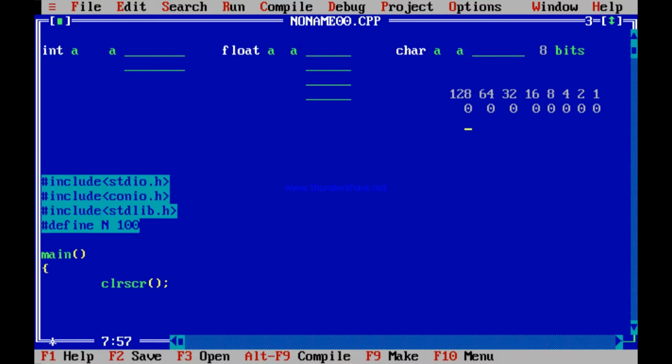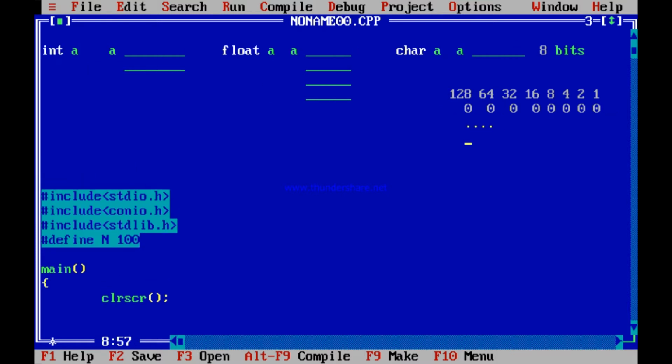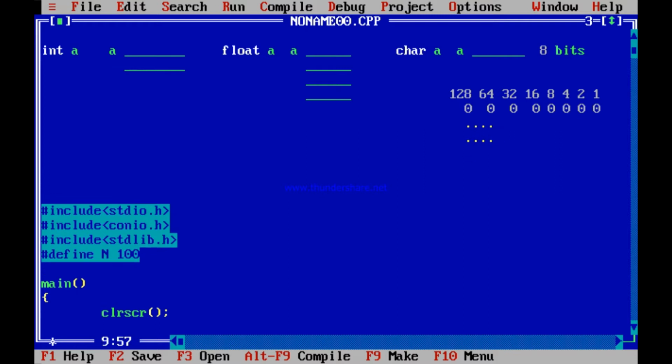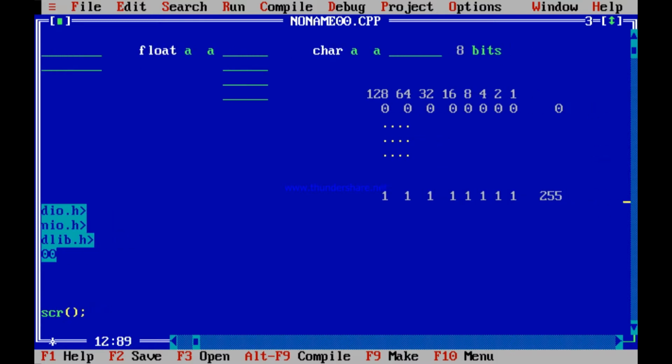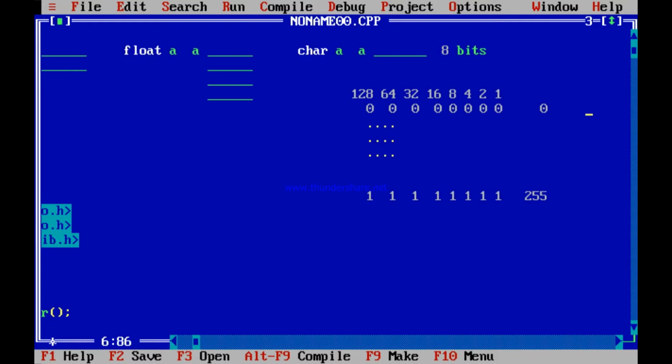Similarly, it continues. Next number is all zeros, last bit 1. Next number is all zeros, last 2 bits 1, 0. In this way, what is the highest representation possible? All bits 1. That is 1, 1, 1, 1, followed by 1, 1, 1, 1. That is the highest representation possible. Now what is this number? This number is 255. That's why we say, using ASCII, the American Standard Code for Information Interchange, all these numbers